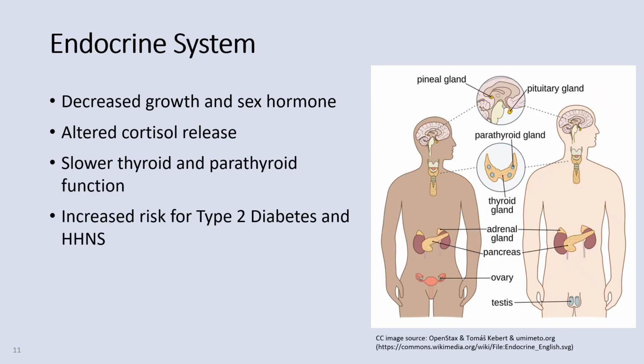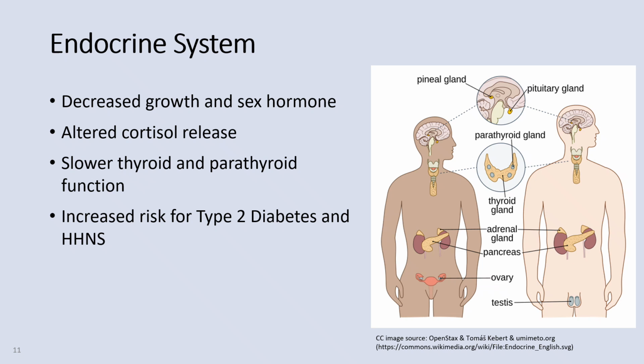The endocrine system is a network of glands and organs that produce and secrete hormones to regulate the body's functions. It controls and coordinates the body's metabolism, growth, development, reproduction, sleep and wake cycles, mood, and response to stress and injury. The hormones act as chemical messengers that travel through the blood to target organs and tissue to trigger specific physiological responses. Common endocrine changes in older adults include decreased growth hormone and sex hormone levels, including estrogen in women